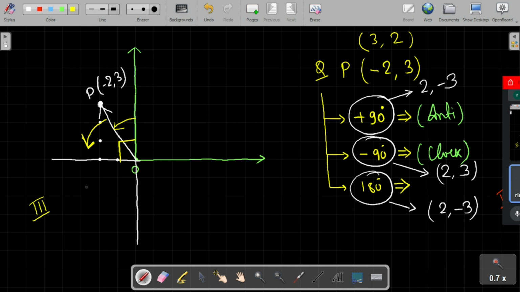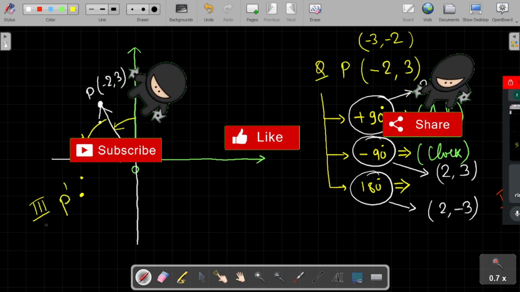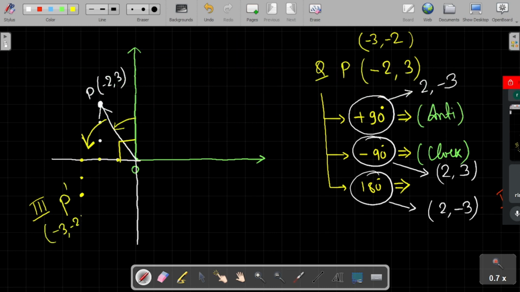In the third quadrant both the coordinates should be negative, x coordinate negative as well as y coordinate negative. So you should write minus 3 and minus 2. Okay, let us trace this. Minus 3, minus 2, minus 1, minus 2, minus 3, and then minus 2, minus 1 and minus 2. So this is going to be your new point, that is P dash, and its coordinate should be minus 3 minus 2, and my position vector will be like this, and the angle 90 degree will be like this.